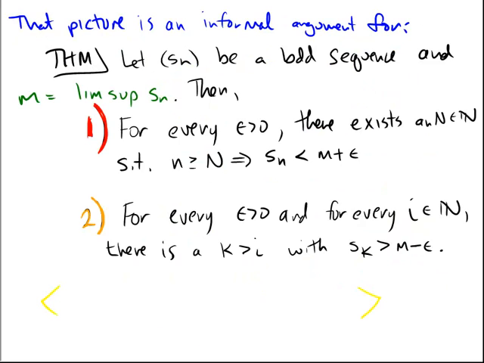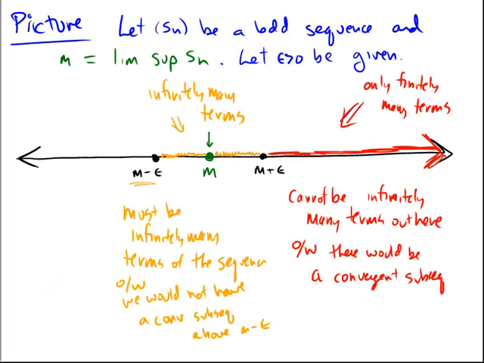And 2, for every epsilon greater than 0 and for every natural number, there must be a k bigger than that natural number so that S sub k is bigger than m minus epsilon. So that's like saying that for every epsilon greater than 0, go down here to m minus epsilon, and for every natural number, no matter what natural number you choose, there's another term further along inside of the sequence that lands me inside of this window,